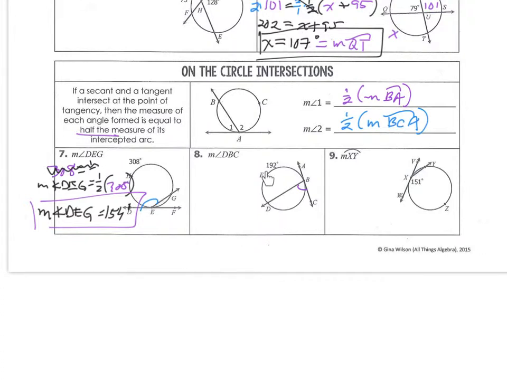Okay, we could do that. He says take 192, divide it by 2, and you get that angle. Subtract that from 180, you get that one. You can do that. I probably would never do it that way, but you could do it that way. I'd rather find the arc and then take half the arc, but both are just the same amount of math,